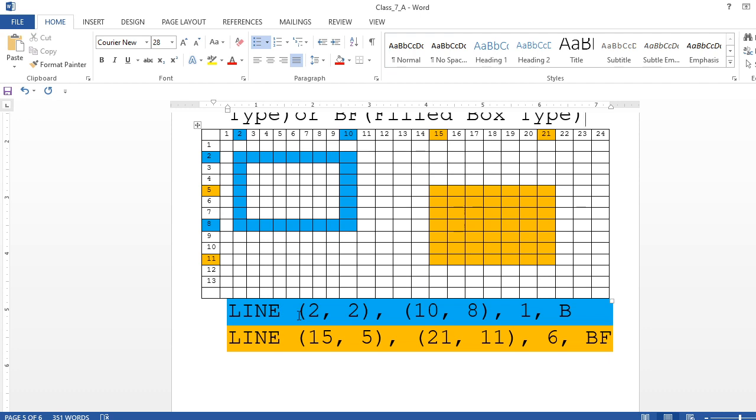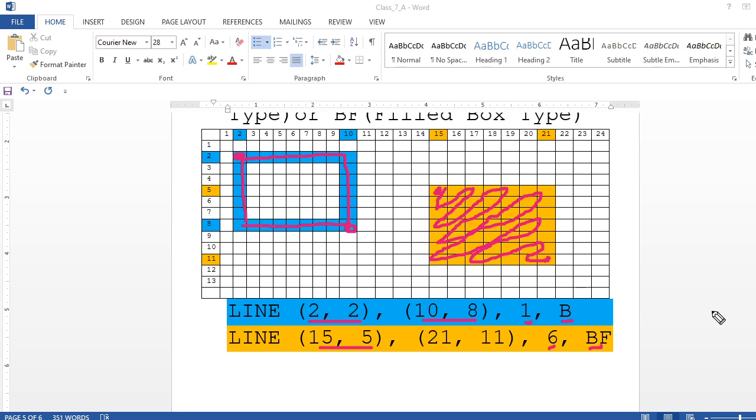In the line, I had given the first address of this one and the last address as this one, with color blue and B for box. So you see it has gone like this way, a box. In the second one I had given 15 15 and then 21 11, and here color is 6 and BF, box filled. So this is filled with color.